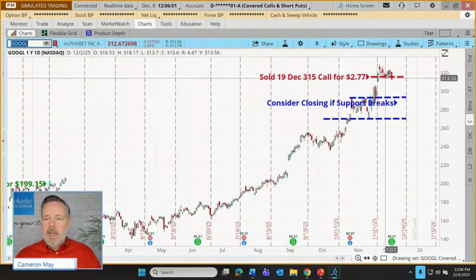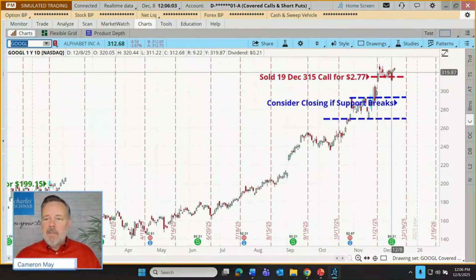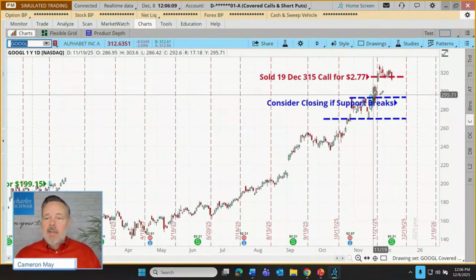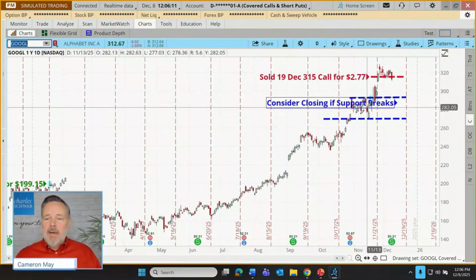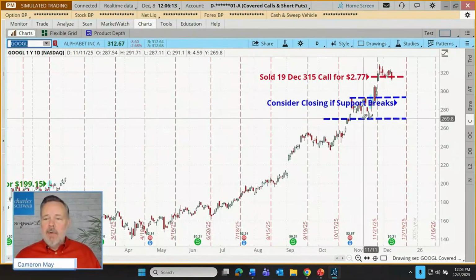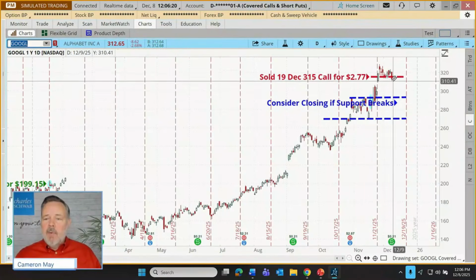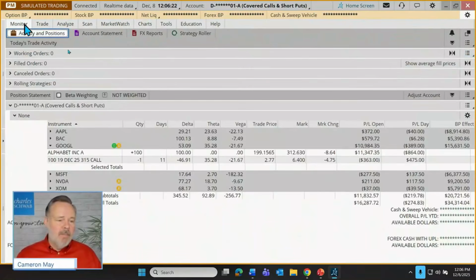Look at this. We've been above 315. Just today's price action has pushed this contract back out of the money, back down below 315. So we'll see. We have a plan in place here. Initially, we were going to exit if this support level broke, and it didn't. The new plan is if this support level breaks, and we're well above that, so we're going to leave that one alone.